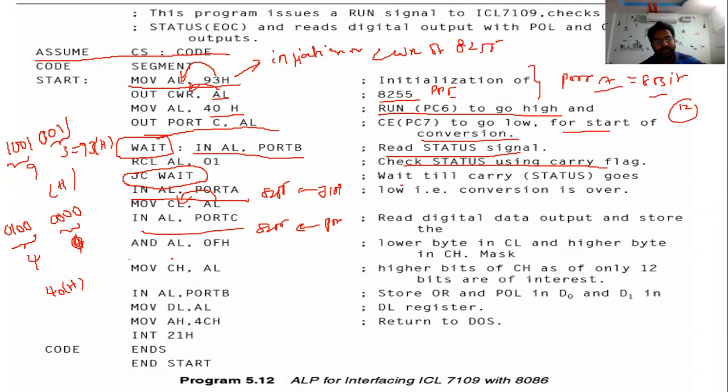Then you can undo operation of whatever the data that is available with AL and FH. Undo operation. That's what you can combine these two. Undo operation means serving the lower byte in CL and the higher byte in CL must be masked. Lower byte and higher byte mask for this. So again, I can read the port B to store the data. Very simple program.